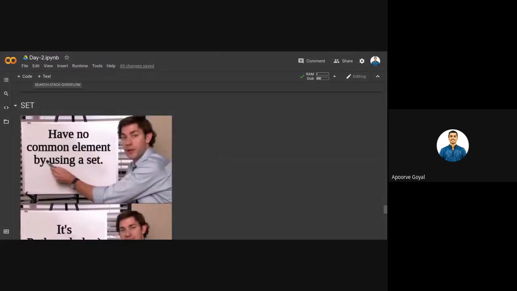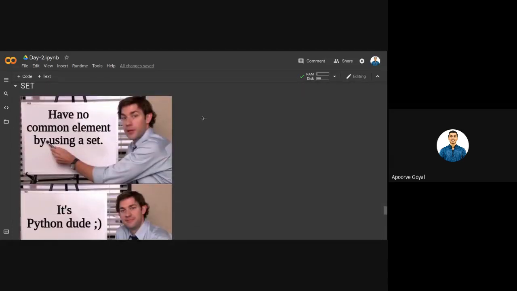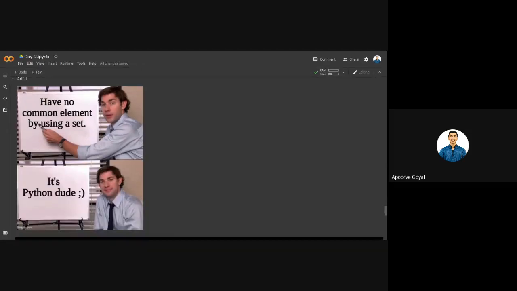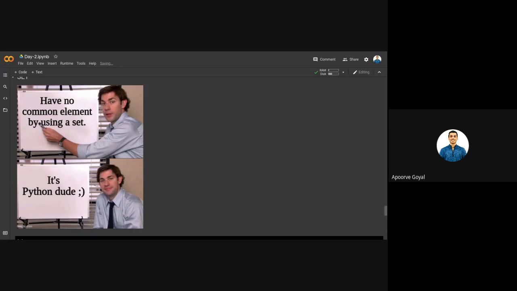And now we come to our very last data structure for the day, that is set. So I guess everyone has studied about set. Am I right or wrong? Because I have also passed 12th class. So everyone has studied about set, okay? That union, intersection, difference, set difference. So you must have studied about set.